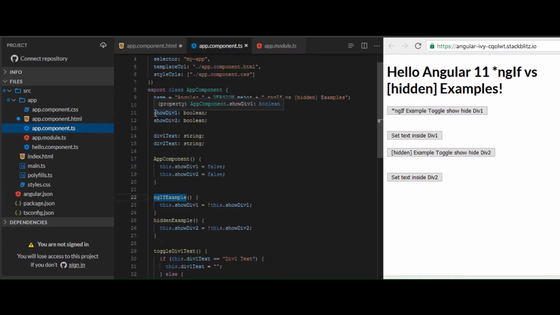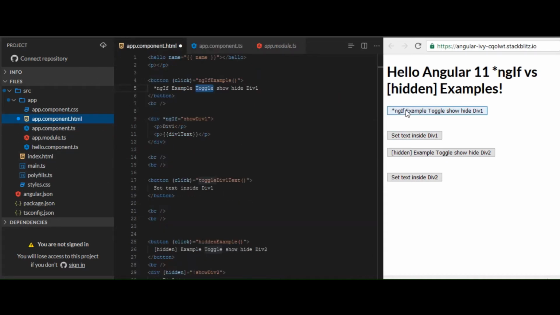I am setting showDiv1 as a boolean and initializing it with false. Then when the method is called, this.showDiv1 is going to toggle. So this is the basic functionality. If I click on this, you will see the div, and clicking again, it will be hidden.